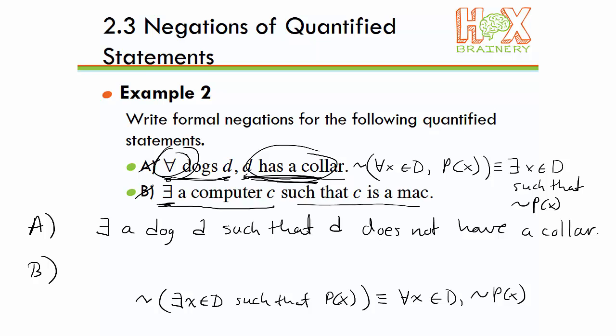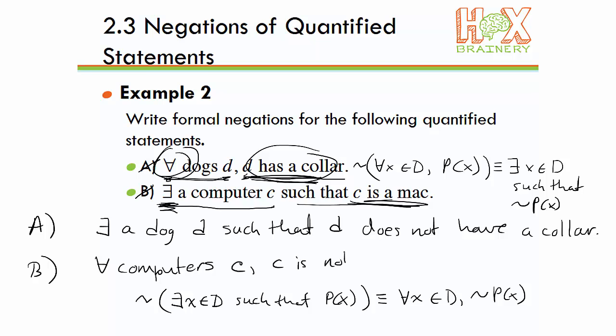Same idea in part B. So we're going to switch this, C is a Mac. That will become C is not a Mac. But we also have to remember to switch over the quantifier also. So the existential becomes a universal. So we'll say for all computers C,